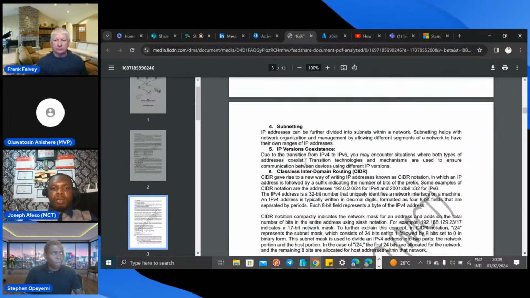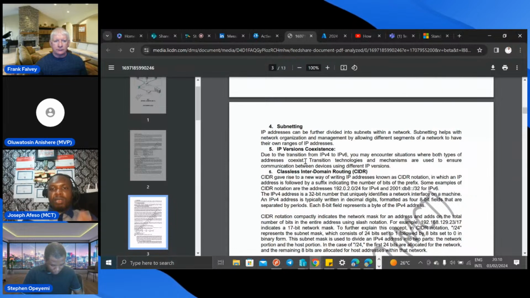So subnetting: an IP address network can further be divided into subnets within a network. Let's say, for example, you have a network that is to take 256 devices, and you break it down into units. You can see a network as the house, while the subnets are the rooms within the house.